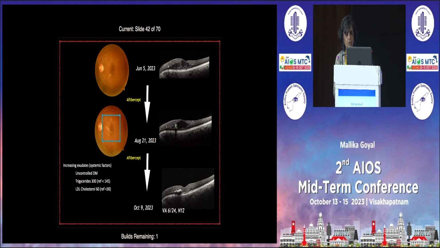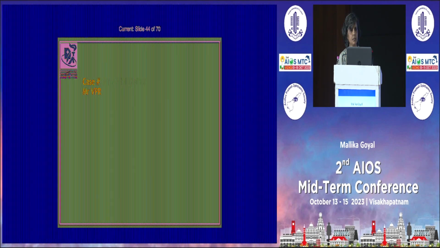Just injections are not enough. You have to control the lipids and sugar as well as blood pressure. But you see then, subsequently with control, everything is gone, the fluid as well as the exudates. So in 2 years, this lady, we could bring her away from the,